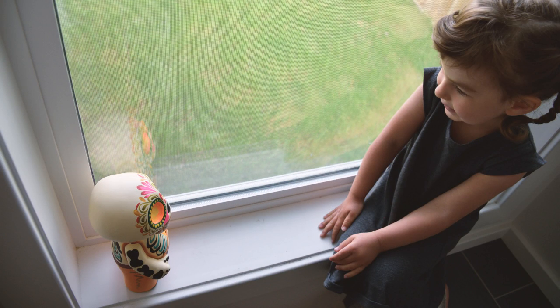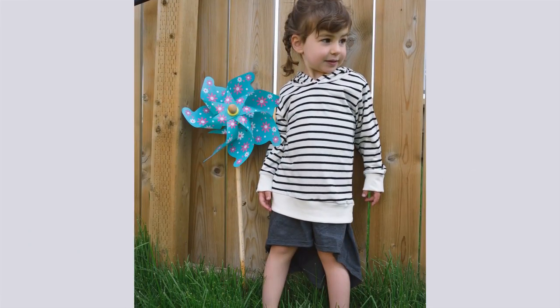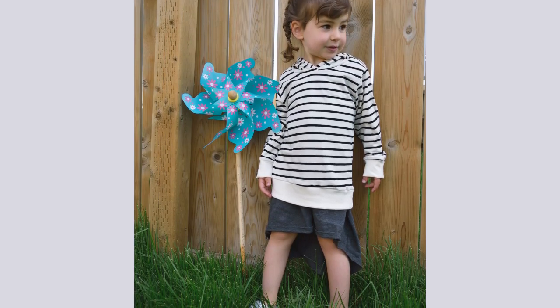The swing high-low dress is probably my favorite, and I wish that I had that dress. But it's beautiful, neutral. It works really well with tights under it. You can layer things on top of it. It looks really lovely in a number of different ways. And again, it's got a very low hem at the back. As she gets older, I've noticed it's just getting a little bit shorter, which is fine because she can wear it as a tunic. She's going to get a lot of wear out of it before she grows out of